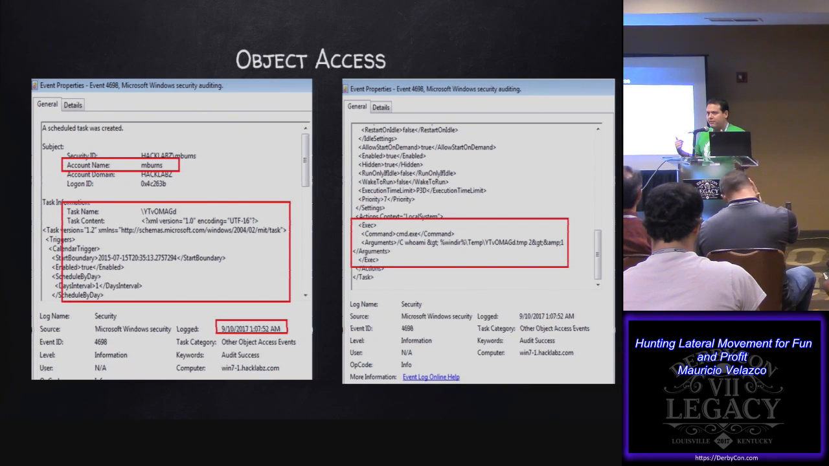For these two types of events, we get the entire command line. So that's pretty cool, and we'll use that later in the tool. Okay,